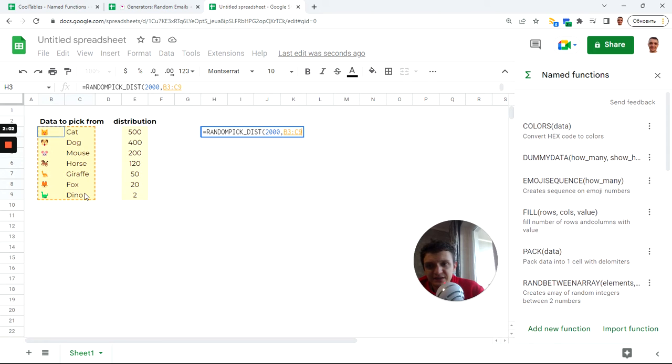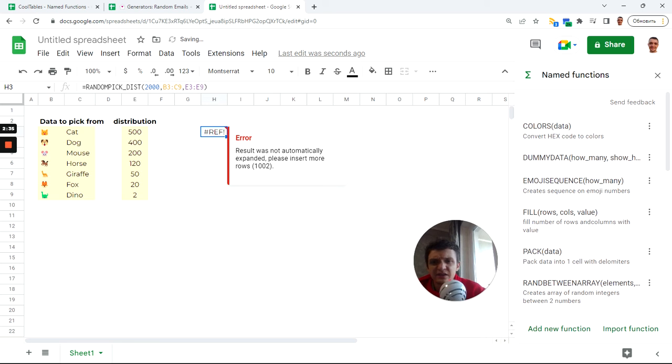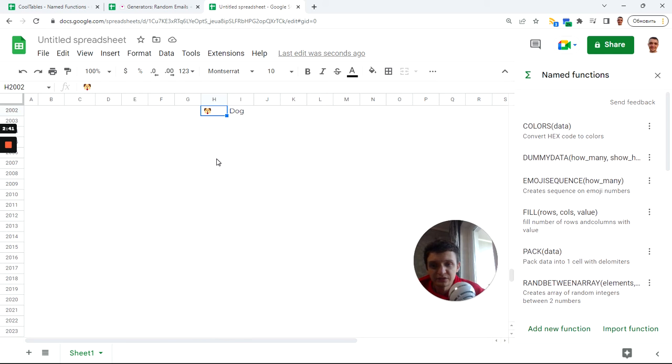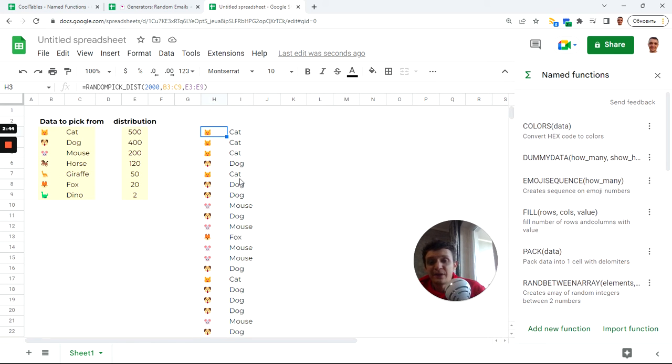My data is these rows with accordingly picked icons, these emojis, and names of my pets. And next, distribution is this data: how much, what was the mean, or what was your expectation of this item to appear, this and so forth. And that's it. Next, click enter. You see this refer if you have not enough rows, but luckily for me these rows were created automatically this time. And now I have my randomly picked items, but they are not just random, they are